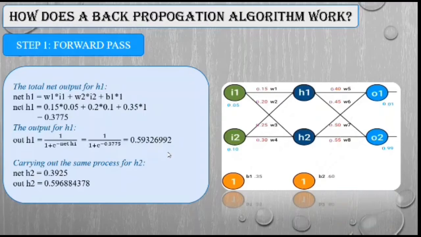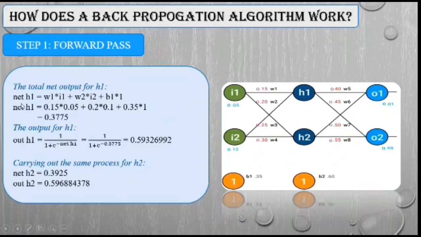So, in forward pass, what you need to do is, we'll go from the first layer to the second layer. So what we have to do is multiply all of the weights with their inputs. That is, we need to multiply these two inputs with their corresponding weights and finally add this bias to the total sum.